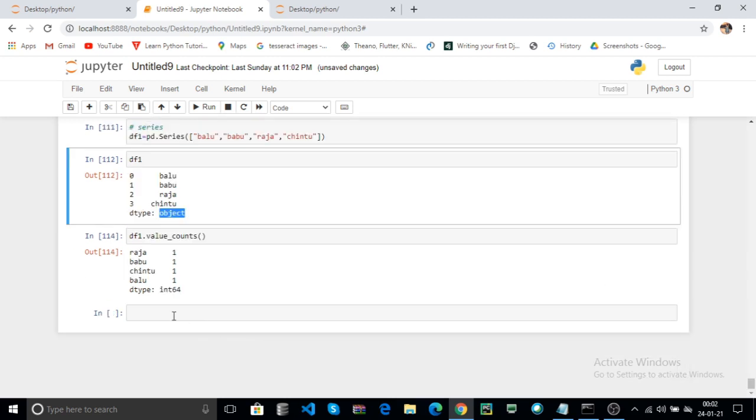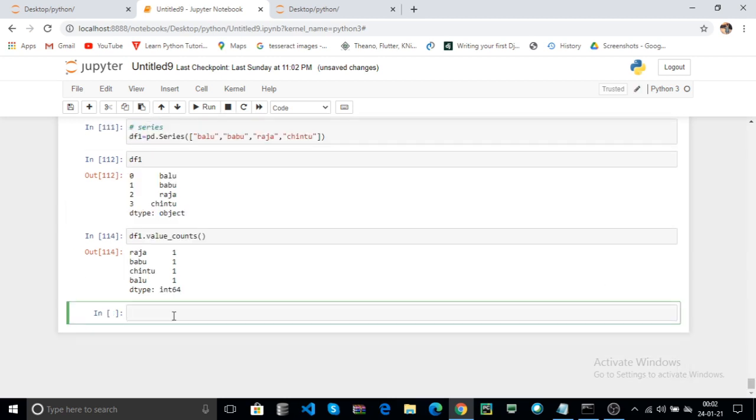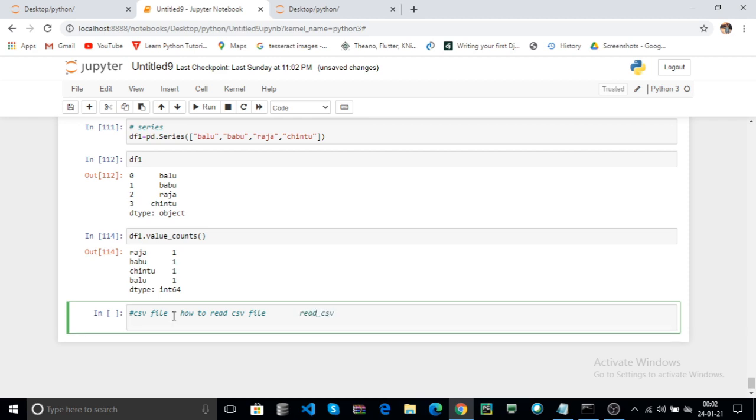Now we discuss one data set, that is a CSV file. For example, your file is a CSV file. Now how to read a CSV file? By using read_csv. For example, your file is an Excel file.